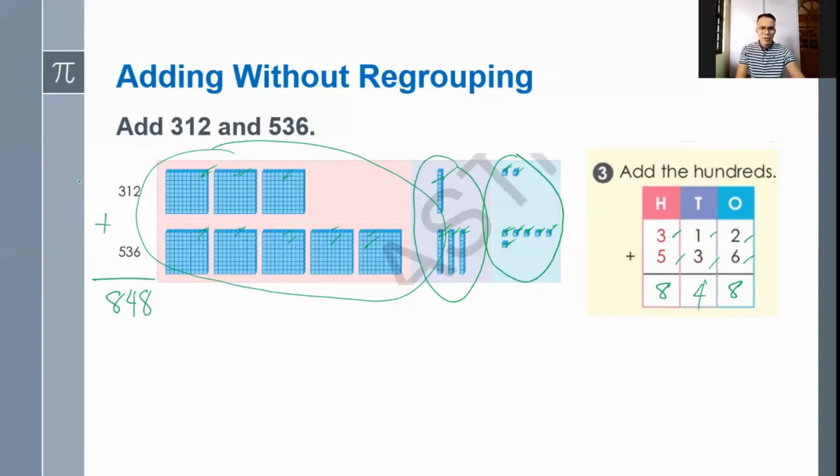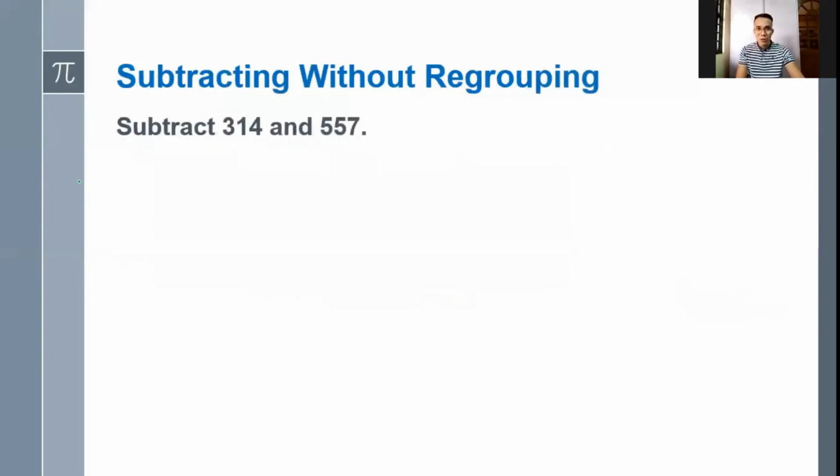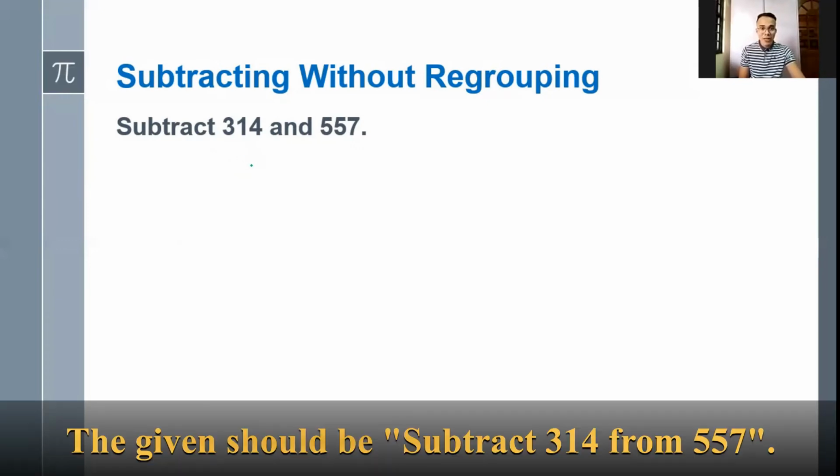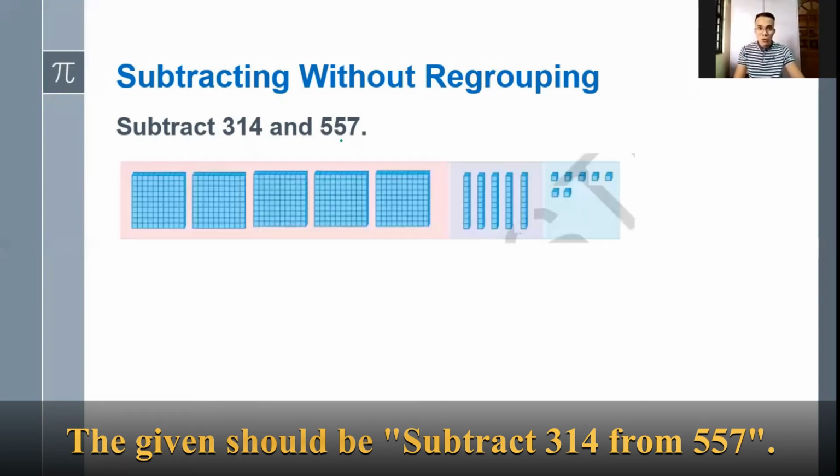Let's have subtraction without regrouping. How do we subtract numbers again? Remember, when you subtract numbers, you are going to take away or remove some objects. For example, subtract 314 from 557. Again, we are going to use the base 10 blocks and the place value chart to do the subtraction. And since subtraction is about taking away,